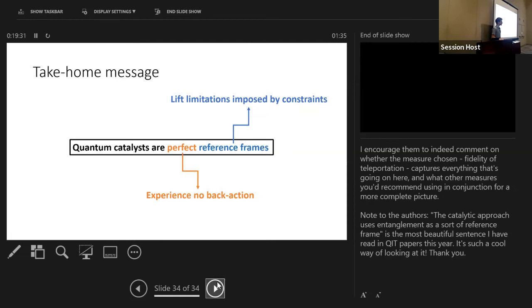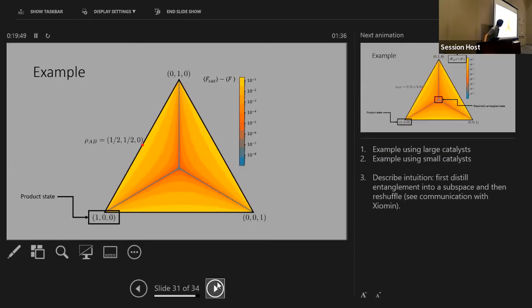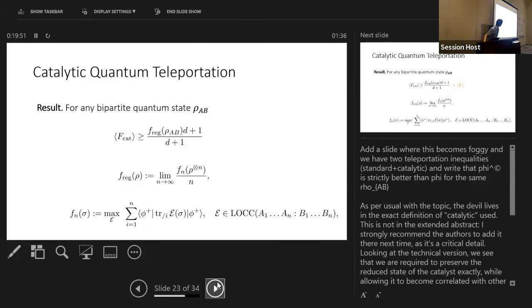Very nice talk. Do you have examples of states where this regularized fidelity is actually a singular quantity? So where the limit goes away? You mean the correlations, right? So you had this regularized fidelity quantity, right? The limit of this Fn divided by n, right? Okay, so yeah, here. So do you have examples of states where this is not actually necessary to do? You mean that you cannot achieve any advantage even though you... I guess that it would, yeah. Yes. So, okay,